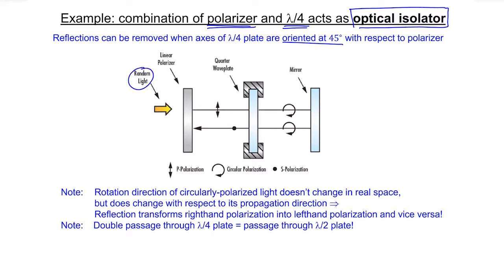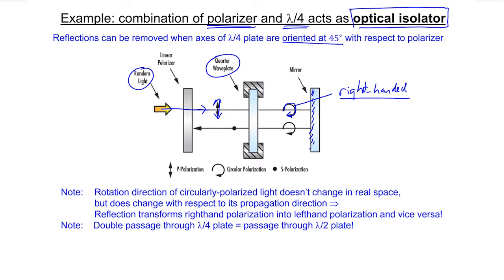We start with randomly polarized light incident on a linear polarizer, and of course the polarizer transmits only one of the polarization components, one linear polarization component. Then we have a quarter wave plate oriented at 45 degrees, which converts this linear polarization into circular polarization. Say it's oriented in such a way that the circular polarization is right-handed. Now we reflect that light from a mirror and wonder what happens to the